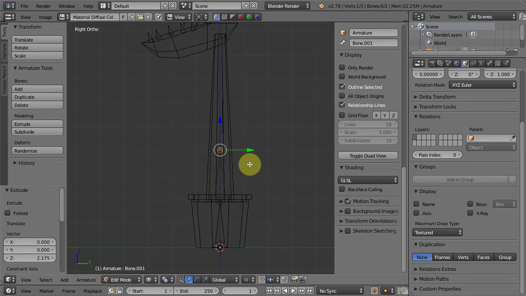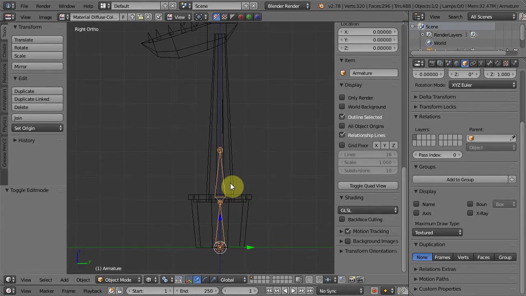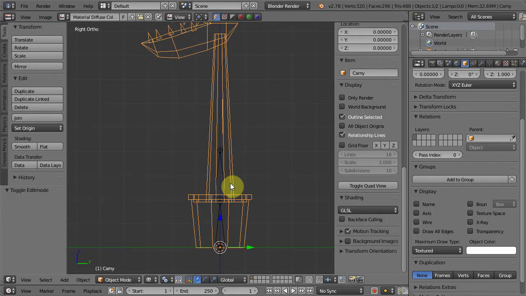Okay, now notice we're not very sure where to put the bone because we cannot see all of the edges in the trunk. To fix this, go back to Object mode and select Carney's 3D model. Go to Properties panel and find the Object tab. Down here you will see this option, Draw All Edges. What this option actually does is showing the actual edges on the object, because by default to increase performance, Blender usually hides some of the edges which are placed on the same plane.